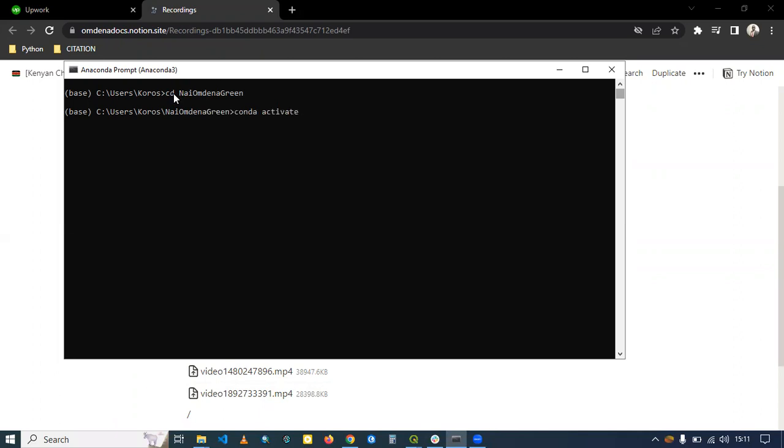I have a Conda environment by the name GIS. When it activates, we need to open a Jupyter notebook. So that Jupyter notebook should open on the